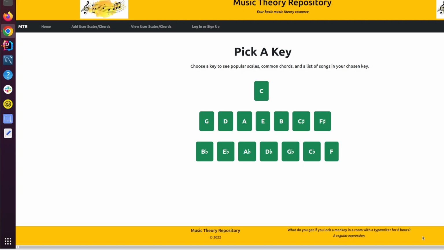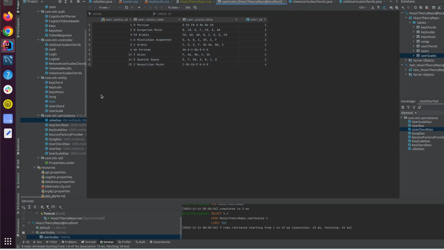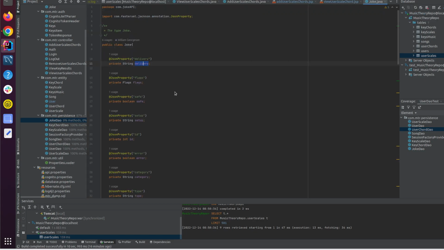I used the RoboPojo generator to generate a joke Pojo and then created a joke DAO to do that. But like I said, I couldn't create a test because it's really hard to test on an API that's just sending random information back to your application. But it works, and